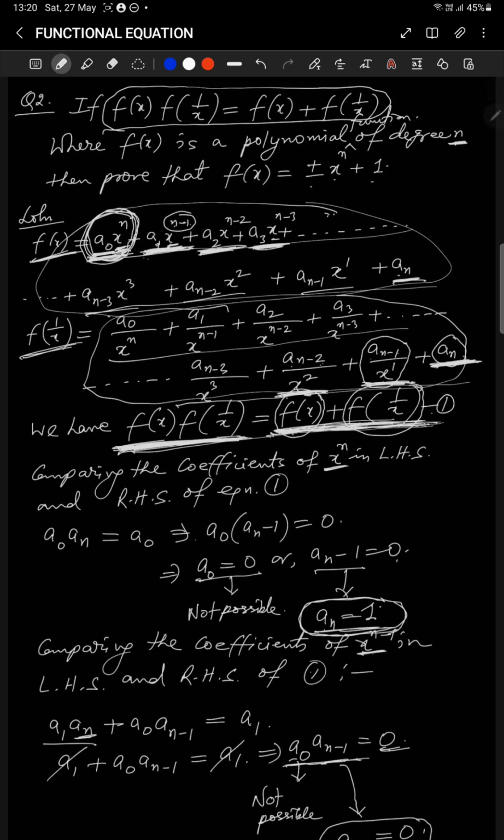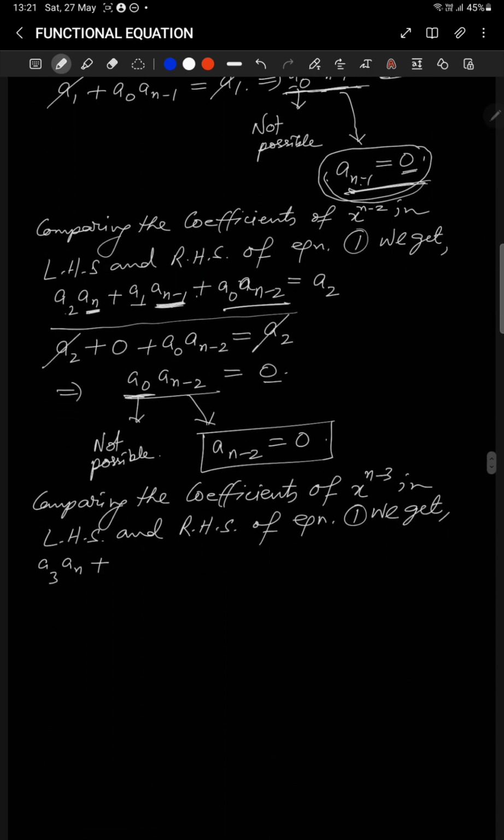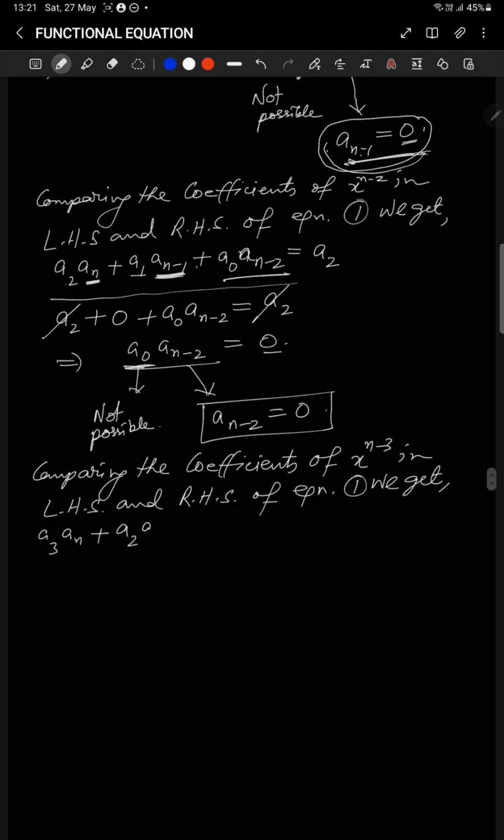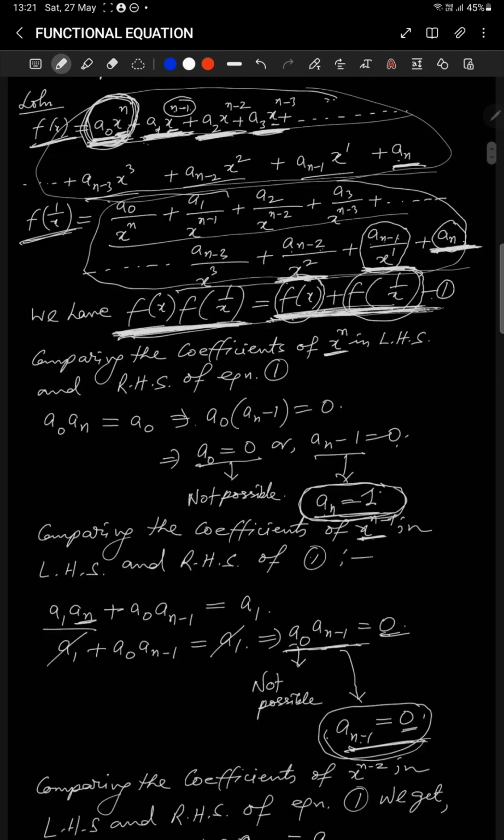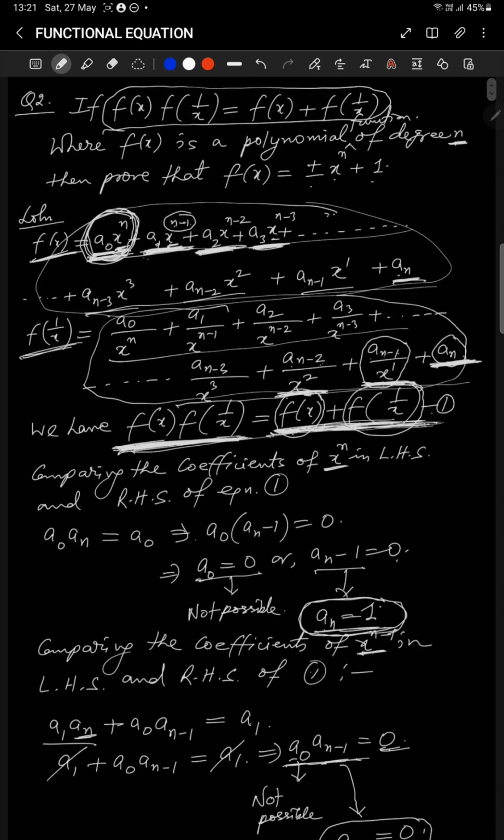Now to get x to the power n minus 3, if we are multiplying this particular term, a2 x to the power n minus 2, and over here an minus 1 x, will you get x to the power n minus 3. So the coefficient in this case will be a2 into an minus 1. So let us write that, a2 an minus 1, plus,